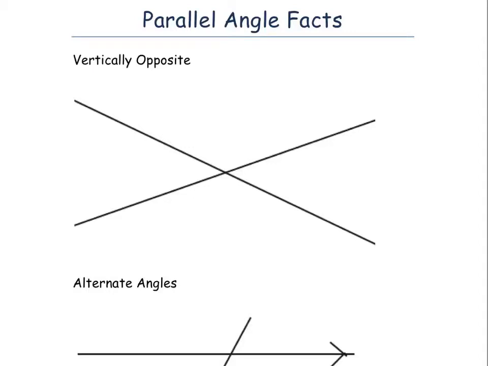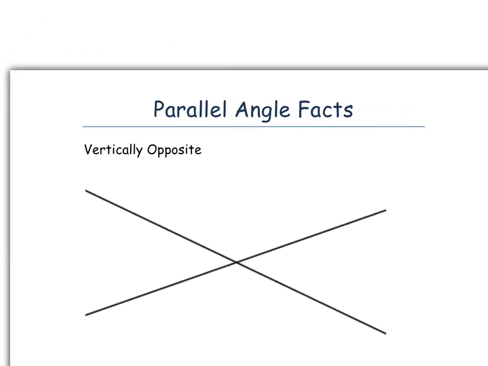Right, in this video we're going to look at a few more angle facts that we need to know for our GCSE exam. And these are angle facts to do with parallel lines. Now, before we do look at parallel lines, we're just going to have a look at an angle problem to do with vertically opposite angles, where we've got this angle, which we might know as 120, and the angle directly opposite is